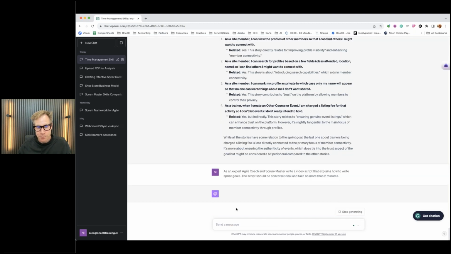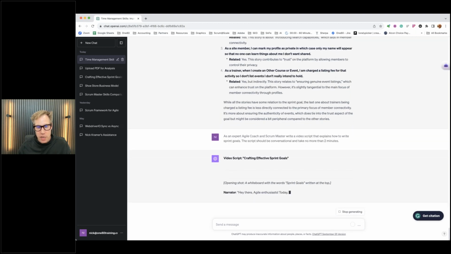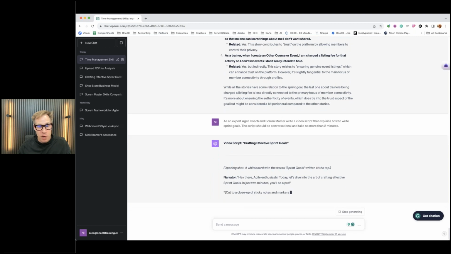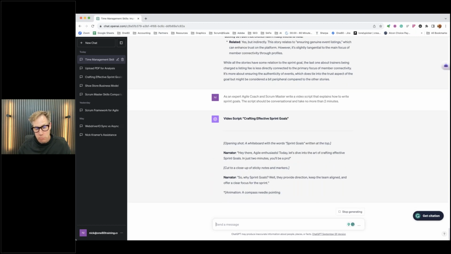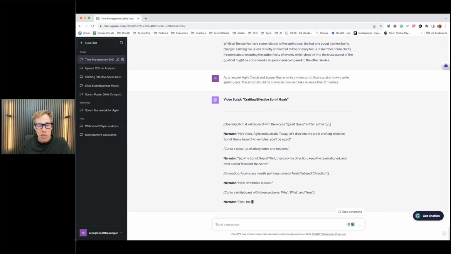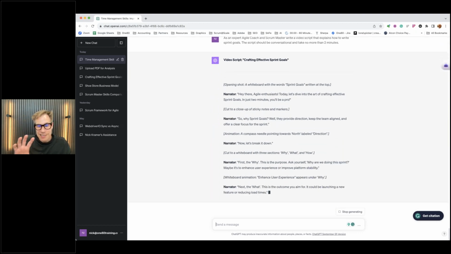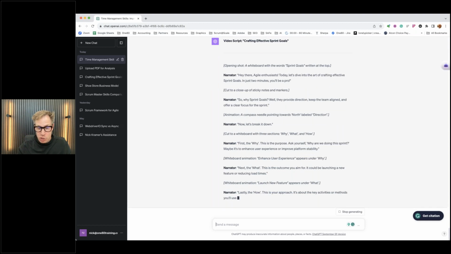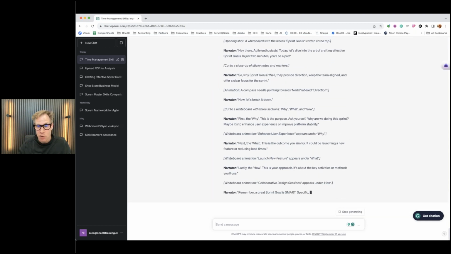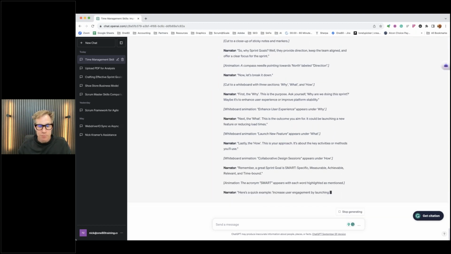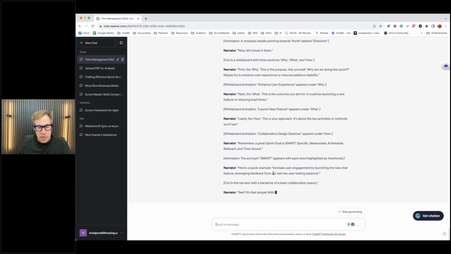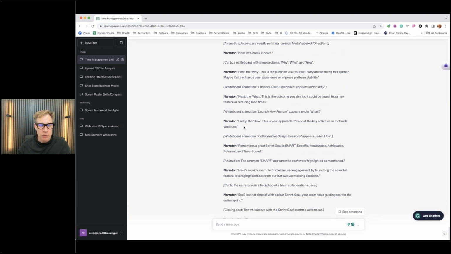So if I hit this here, notice that it will actually print me off a script. Now it thinks that I want to create a video because I said video, right, which is okay. There are a lot of great tools. I wish I had time to show you that you can actually take this script, plop it into a tool, and it'll create a 2-minute video for you. And you could post it out on YouTube or something. But this is a great way to explain, but you probably don't want the stage direction.